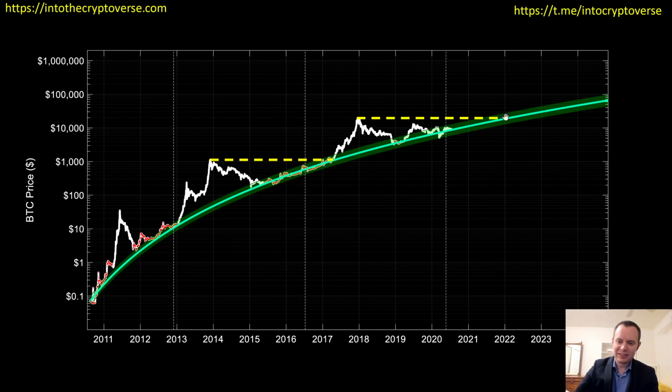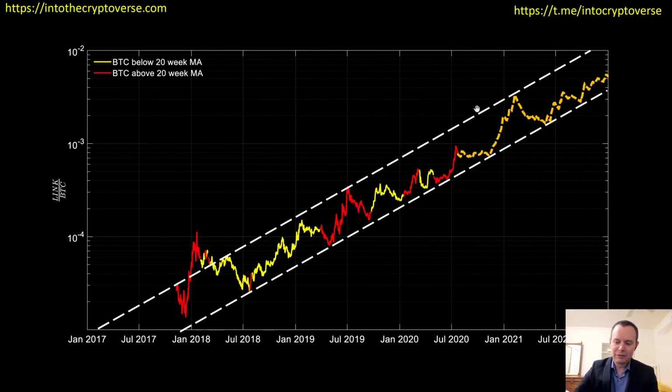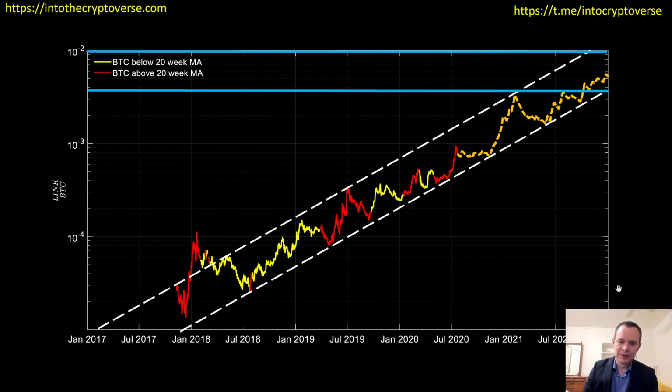So with that said, let's just say, January 1st, 2022, Bitcoin is somewhere around 20K. I don't know exactly where it's going to be, but let's just say it's somewhere around 20K. And then ultimately this would be a projection for the market cycle that I would see for Bitcoin. But the point of this video is Link. So if the valuation in January 2022, basically as far out as this chart goes, is a $20,000 Bitcoin,